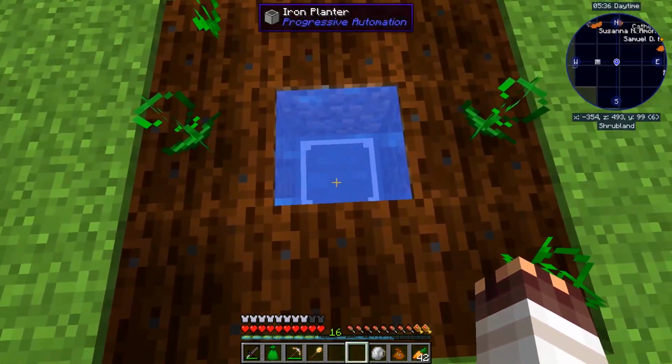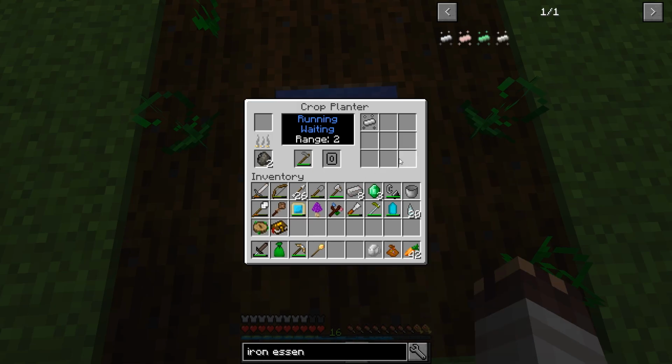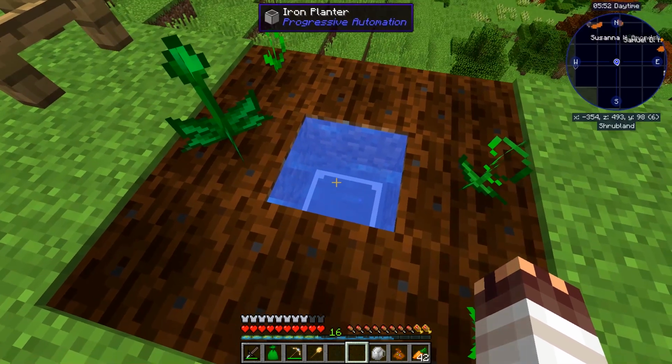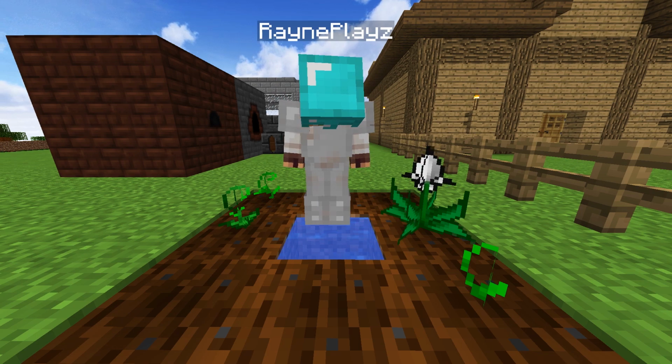working on automation. Here I have an iron planter from Progressive Automation. So it's already collecting stuff. Now it has iron essence in here because I even made an iron essence seed already and I need a lot of iron. So basically this thing automatically harvests stuff, all right? Quite obvious. The problem is